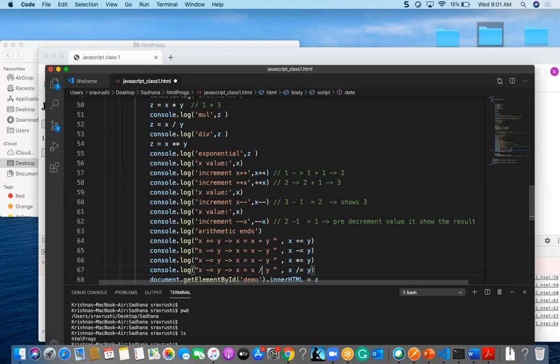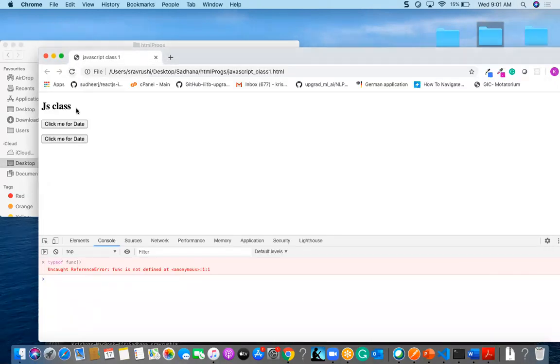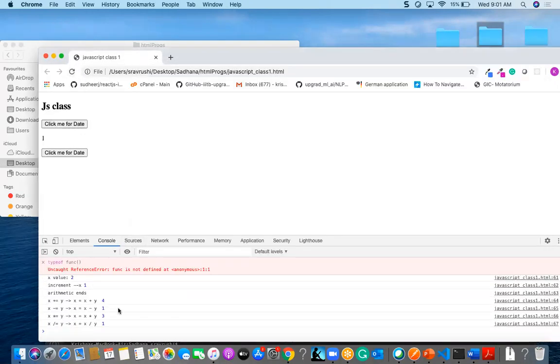Here I am giving multiplication and here I am giving slash. So now we can find those values.